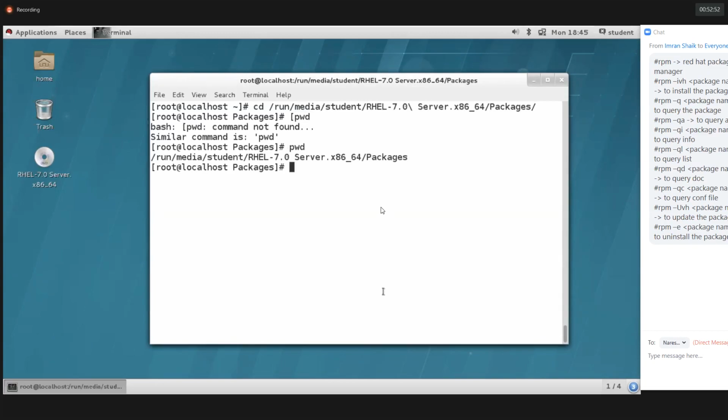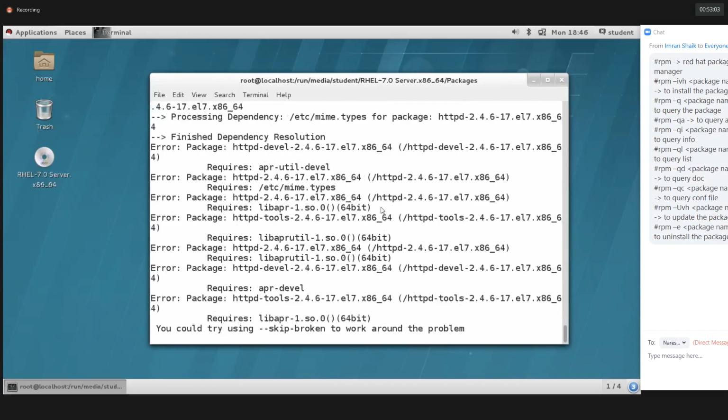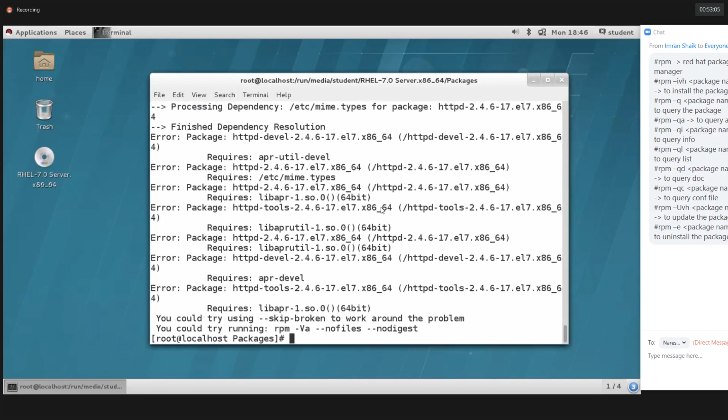Let's see what will happen. yum install httpd*. The package is being installed into our operating system with the help of the YUM command. Still, we are unable to install using the YUM command also because we are getting some errors here.